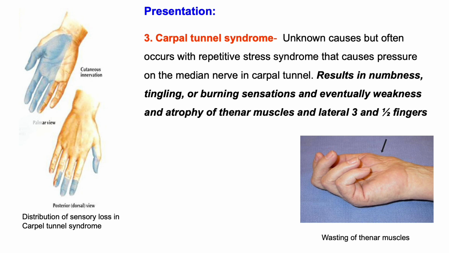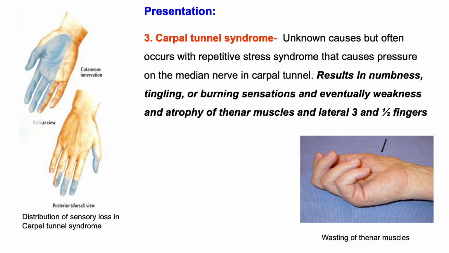Or any synovitis. As you know, the tendons are surrounded by synovial sheath, so any inflammation of the tendons or within the synovial sheath can also cause compression on the median nerve, and this condition is called carpal tunnel syndrome. This results in numbness, tingling sensation and burning sensation, and eventually it can lead to weakness and